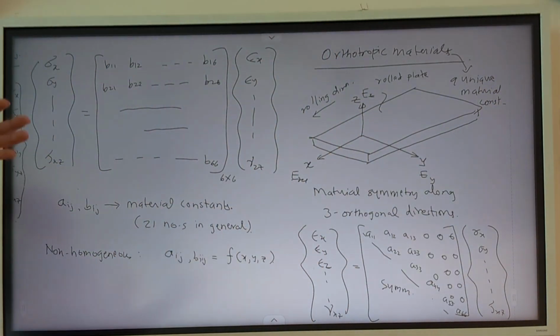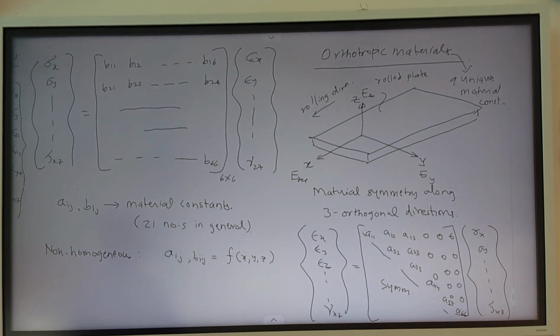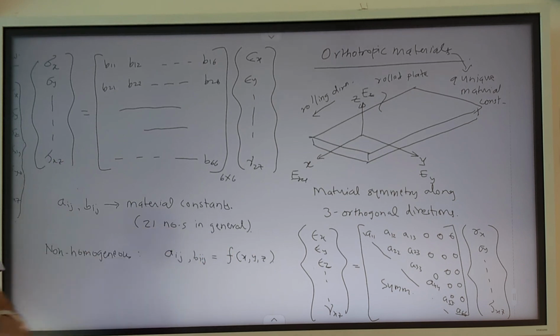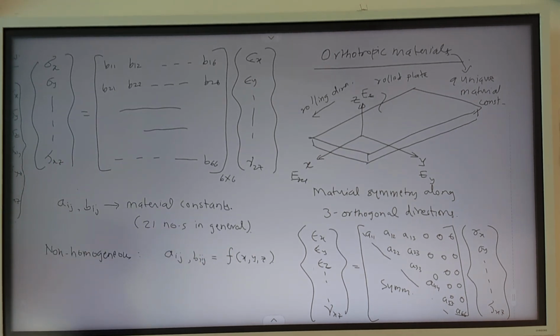So that is just a separate scenario, just to give an example of how this particular constitutive equation takes a different form for different types of material. So to recap, what we have done here is we have learned stresses separately, strains separately, but they are not independent of each other. They are related to each other by what is known as constitutive equations.